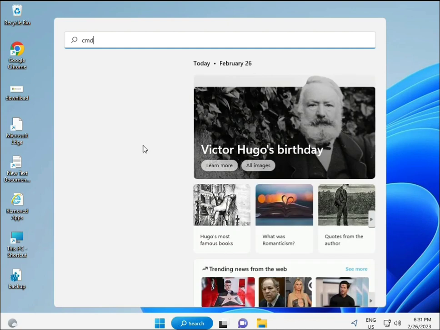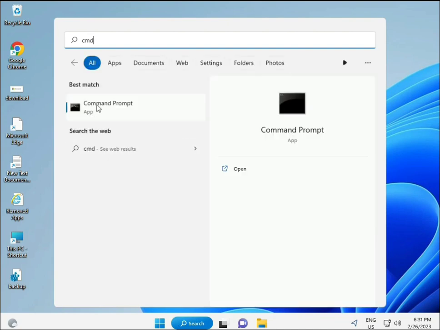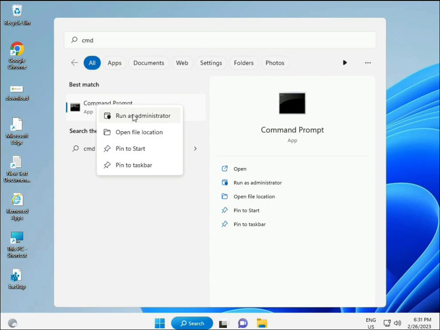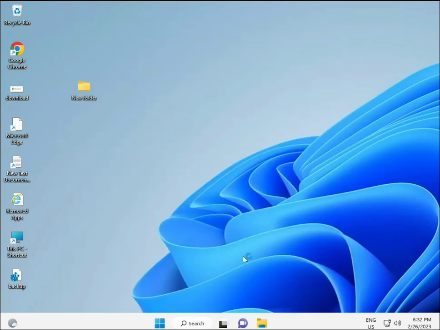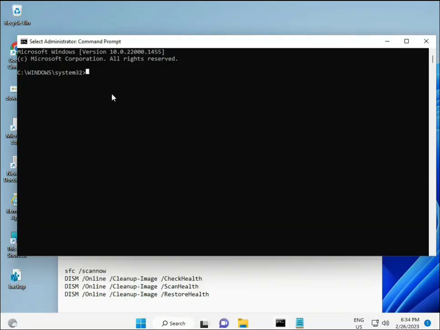Then guys, click the Start button and type cmd, and then Enter. You can try to run as administrator. Right click, Run as administrator. So you're giving full permissions. Okay,